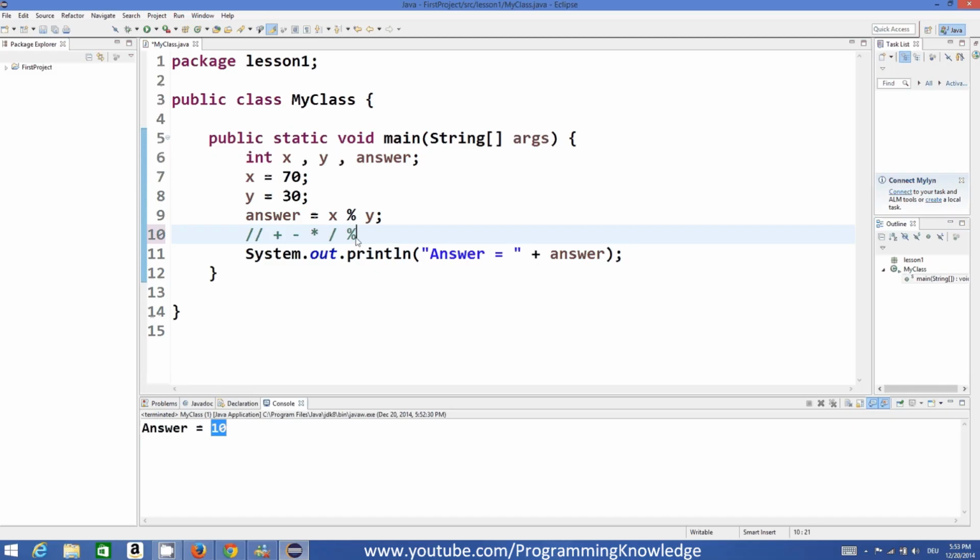So these are some of the math operators in Java. And we have also learned that when you use this plus in your println function argument, this will concatenate. Concatenation means joining two values, right? So this will concatenate your values as an answer.